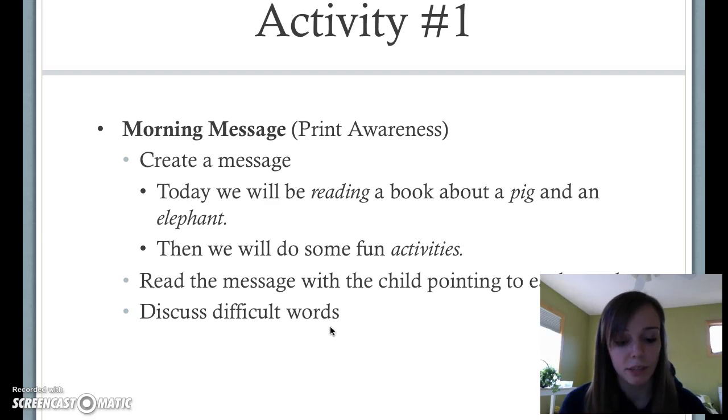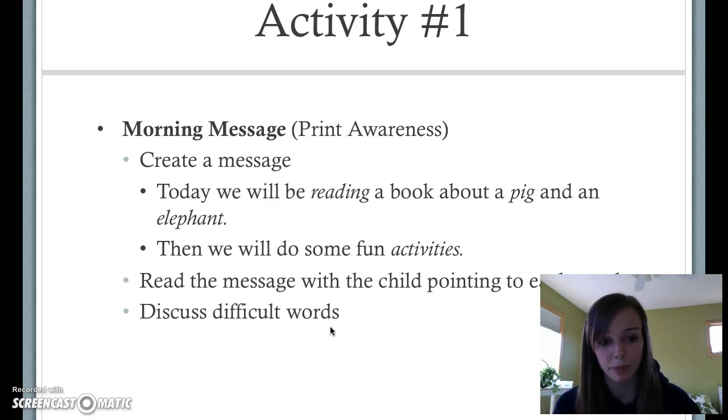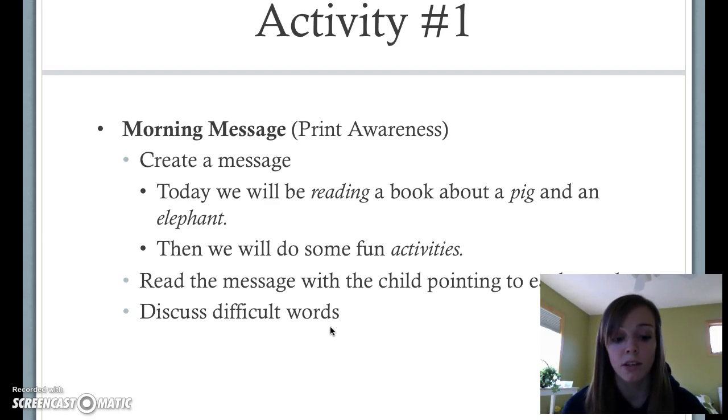I would have the child keep going until we got to the word "pig," and then I would ask the child if they knew what a pig was. And I would have them tell me what color pigs are and make the noise pigs make. If they didn't know what a pig was, then I would tell them and I would give them the color and the noise. Then I would keep going along till we got to the word "elephant,"